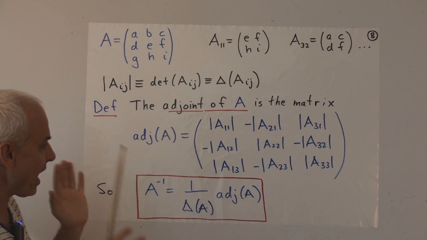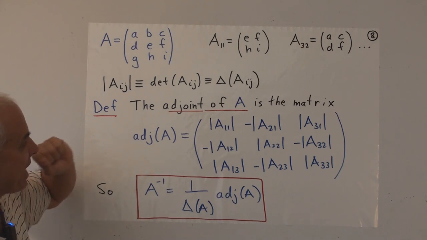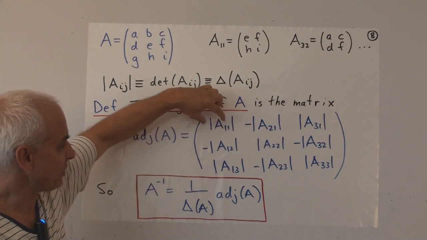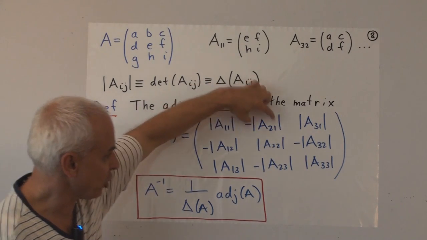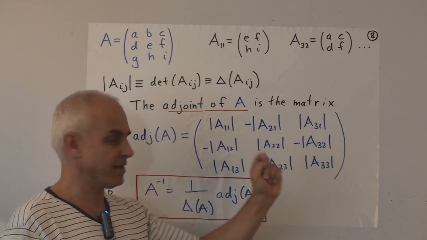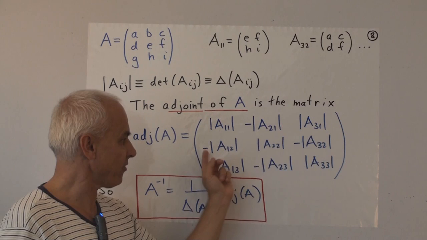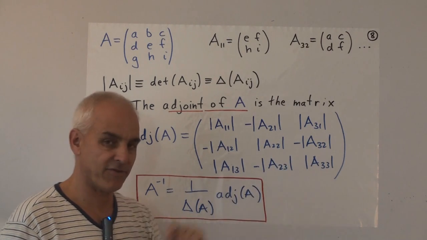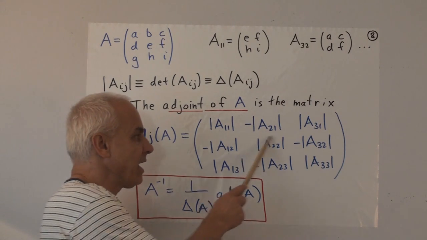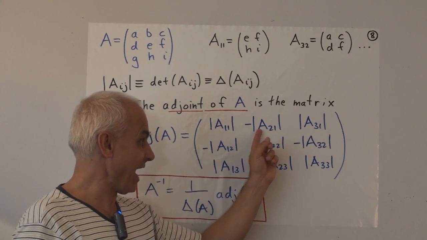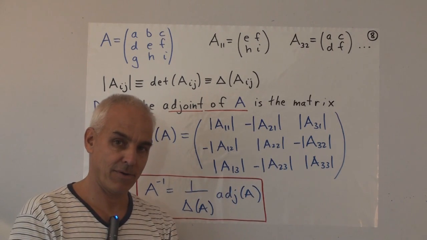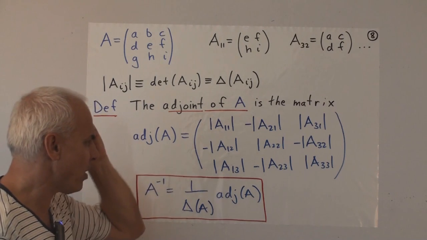So what's really happening with this adjoint is we are taking minors and we're taking determinants of the minors. So we've got these determinants. And altogether, then, there's also some plus and minus signs, and they alternate. Plus, minus, plus, minus, plus, minus, plus, minus, plus. But there's one slight twist: what appears here is not what you might think, which is the A12 minor. It's the A21 minor.